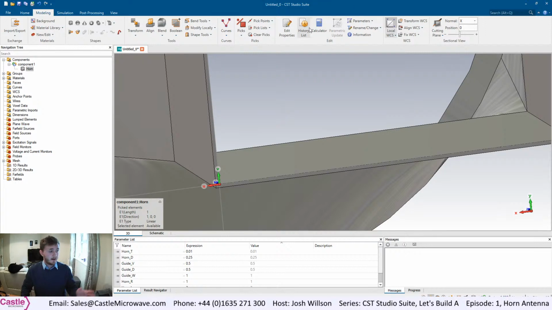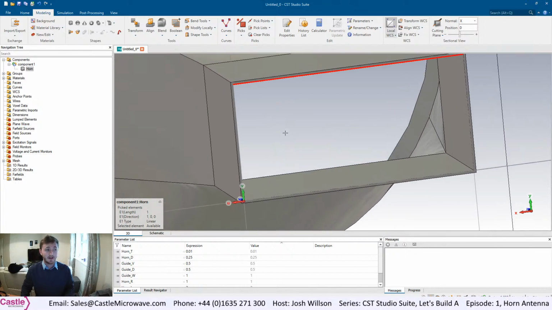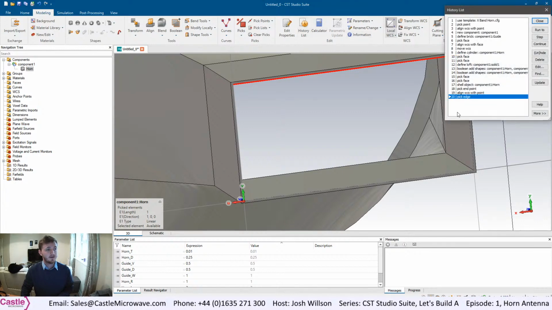Right, see? As a demonstration, I've somehow accidentally changed my local working coordinate system here. That must have been when I pressed W instead of E on the keyboard. If you now go to the history list, you can see here a line WCS, where we just expected it to be. So what we'll do is we'll go to this. To confirm that is what I've done, I will click Hide and Update,